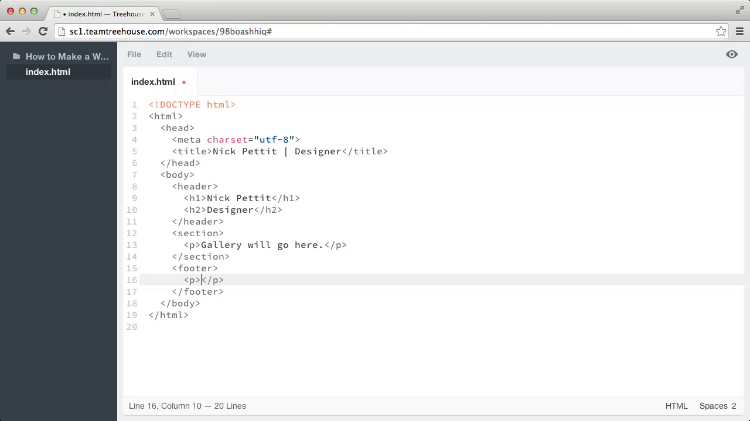So I'm going to type an ampersand. So I'll hit Shift and then the number 7 on my keyboard for ampersand. Then I'm going to type the word copy, followed by a semicolon. And you can see in the code completion there that Workspaces provides what that might do. So we'll talk about that in a minute. Then after my semicolon there, I'm going to type a space. I'm going to type 2014. And I'm going to type Nick Pettit,